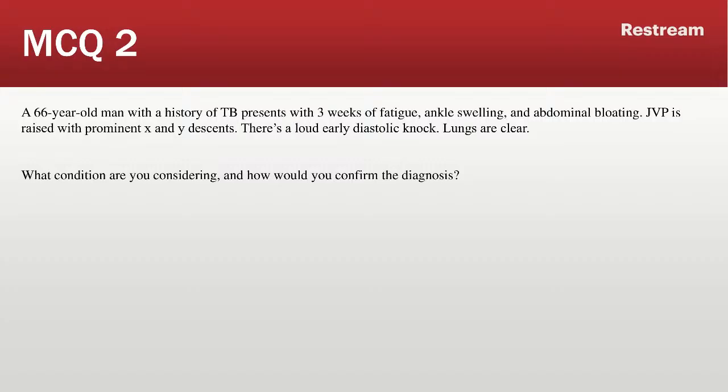Okay. So moving on to the next slide now. This is the second question, second case. You have a 66-year-old gentleman with a history of tuberculosis. He presents with 3 weeks of fatigue, ankle swelling, and abdominal bloating. Okay. His JVP is raised with prominent X and Y descents, and there's a loud early diastolic knock when